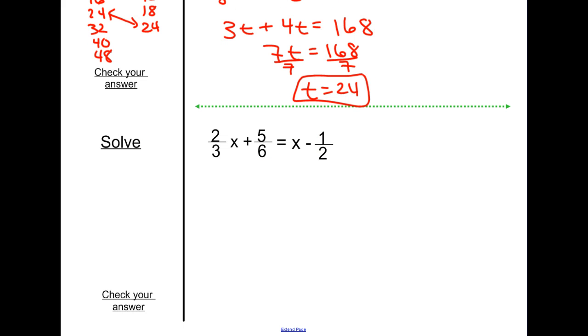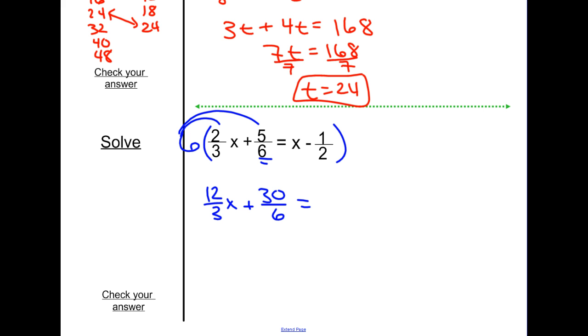So let's try one with 3 on there now. I'll check the solutions in a second here. Don't worry, I didn't forget about that. Now we have 3 numbers, 3, 6, and 2. Our least common multiple of those is actually 6, so I need to multiply each by 6. So I multiply 2/3 x times 6, and I'll get 12/3 x